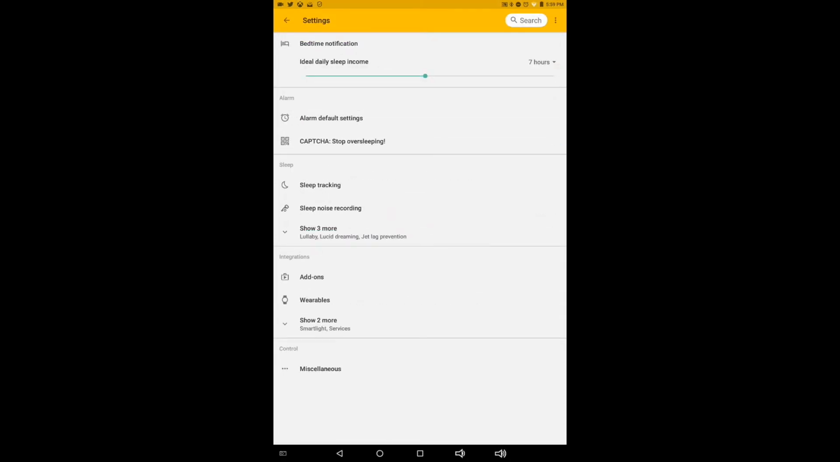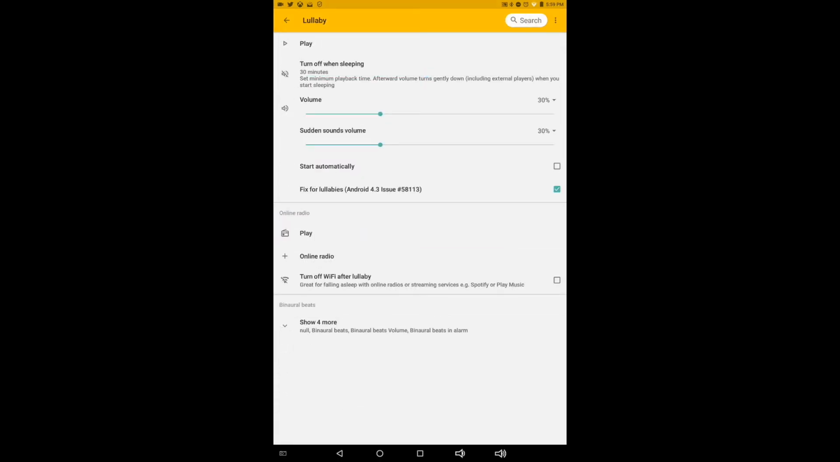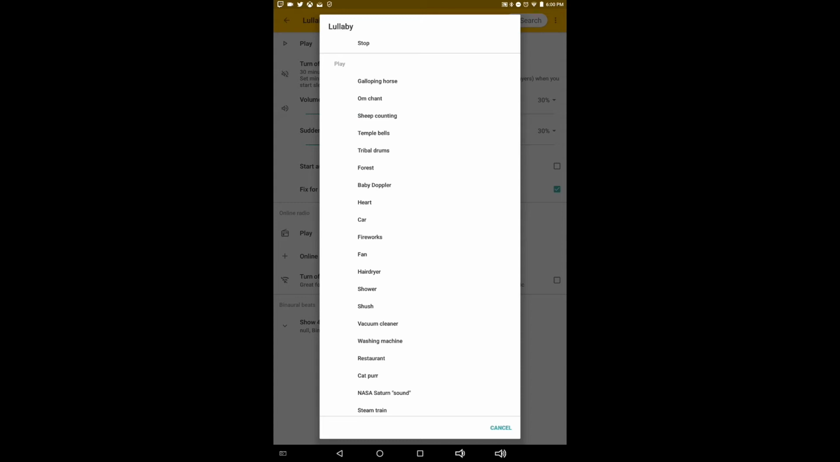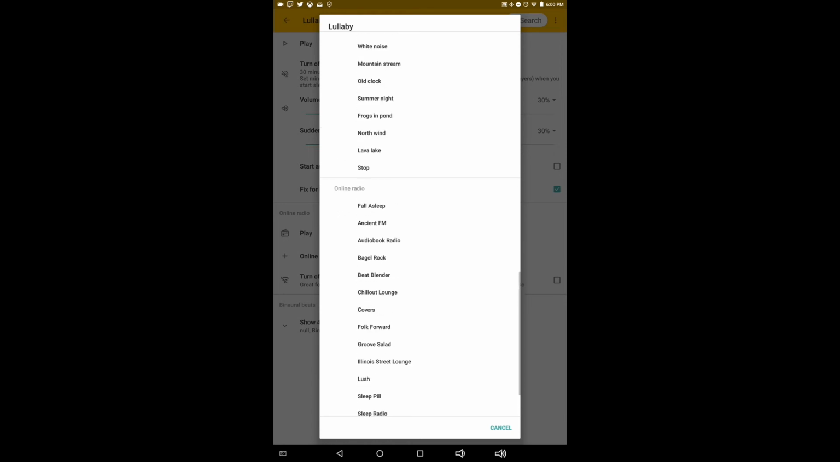Okay, and then there's the lullaby, which, if you are somebody who needs something to help you fall asleep, like rain noises or something, would be ideal for you. There's the start automatically. There's a bunch of other options. There's a lot of defaults that come with it, and then there's online radio. Plus,